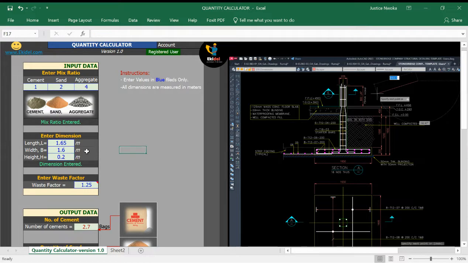Okay, so right now we have entered our length, our width, and also our depth of this footing, as you can see it here. So right now we want to know the quantity of sand that will be required for this footing and also for this procedure. So again, once you have entered here, we now have to go and input our